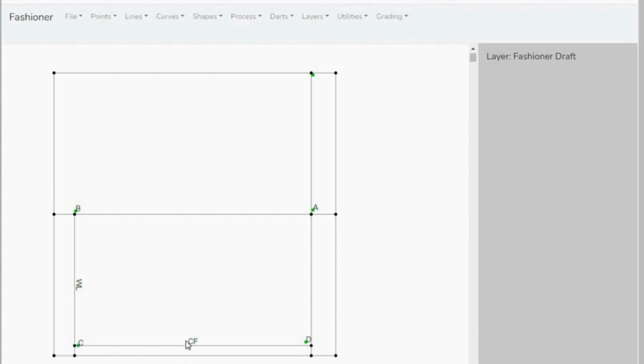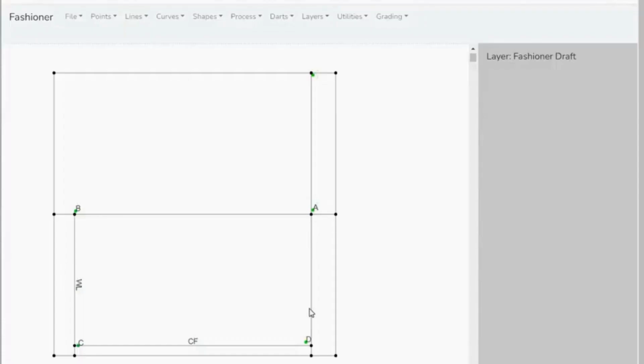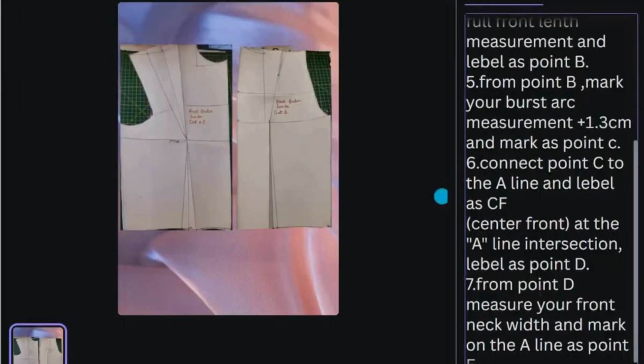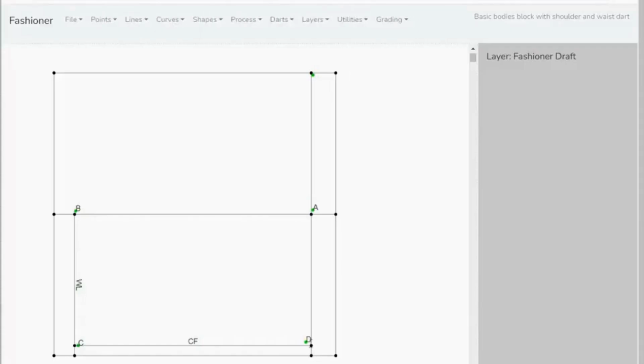So essentially, I believe you're beginning to understand little by little. So from that point D, we are going to measure your front neck width and mark it on the A line as point E. My front neck width is